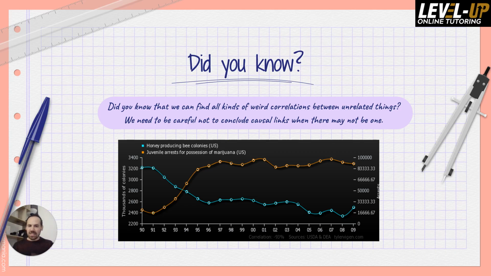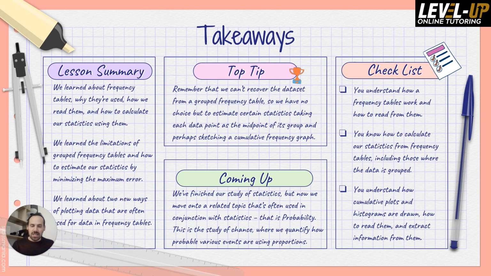And speaking of chance, next time we're going to be moving on to probability. So far we've been trying to calculate things exactly. Sometimes we've been approximating things, where it's still a true value, but we're approximating that true value. Now we're dealing with probability. That's when there's a chance of something happening, a chance of it not happening, and we want to see how we can calculate that